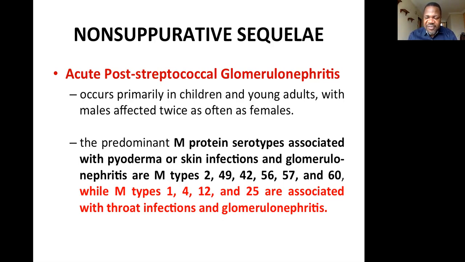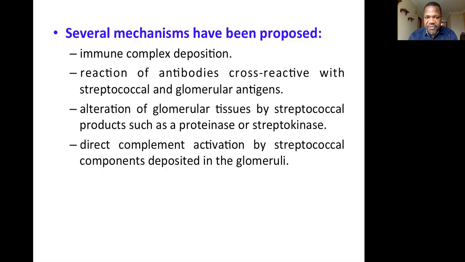So post-streptococcal glomerulonephritis can happen following either a skin infection or a pharyngitis, and different serotypes of streptococci are involved. Now, there are different pathogenic mechanisms that have been proposed. The first one is that